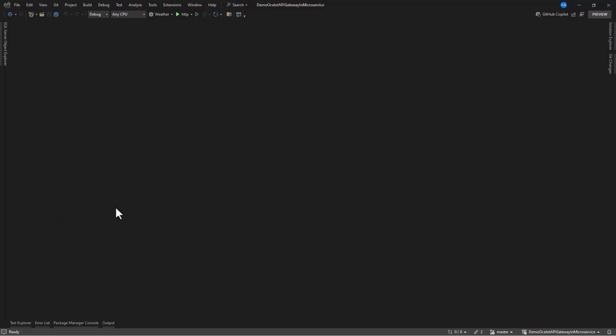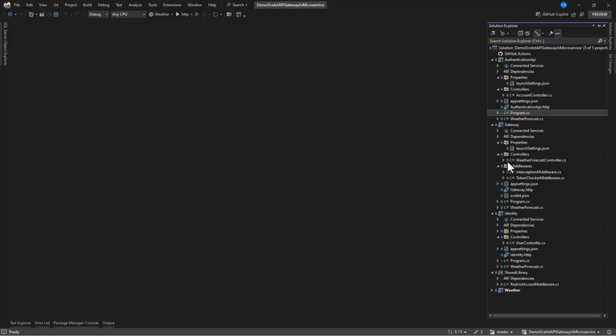So before we install a package and we try to configure or add this caching service, let's introduce delay in all our requests. You can see from the previous solution that we created, we have two services in a microservice together with the gateway. So we have identity service in here, and we also have weather service.